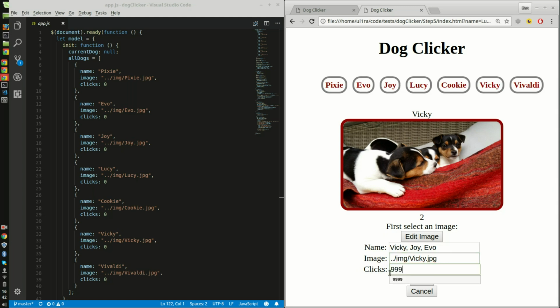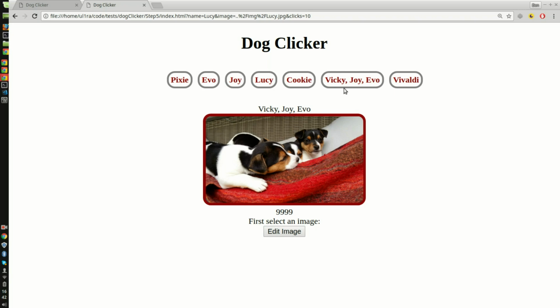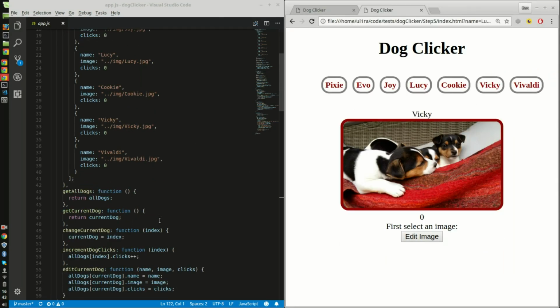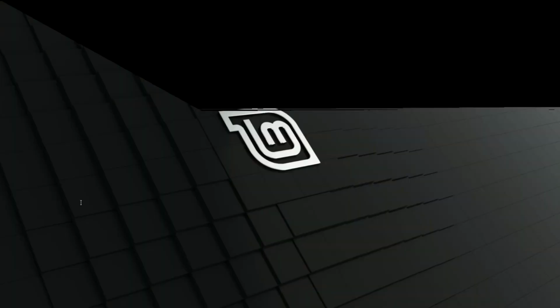And now let's add the clicks to 9,999. Save. If we look at the dog clicker now, the name has changed here, and the number of clicks have changed as well. Hooray, 10,000 clicks. That did not take a long time. Awesome. So we basically have the same clean code that we had before, but we've also added an edit current